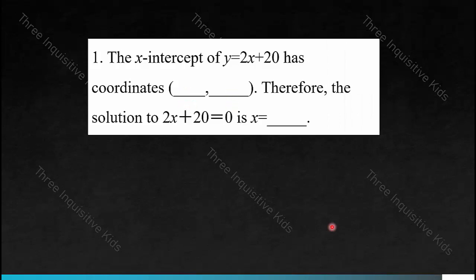Let's answer these two questions. The x-intercept of y is equal to 2x plus 20 has coordinates blank, comma, blank. Therefore, the solution to 2x plus 20 is equal to 0 is x is equal to blank. The answer is (-10, 0) because this is when y is equal to 0. All you have to do is plug in y as 0,